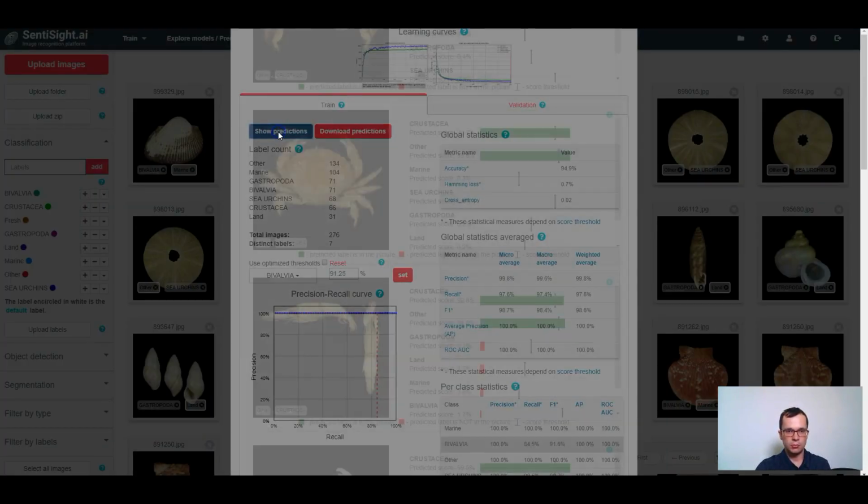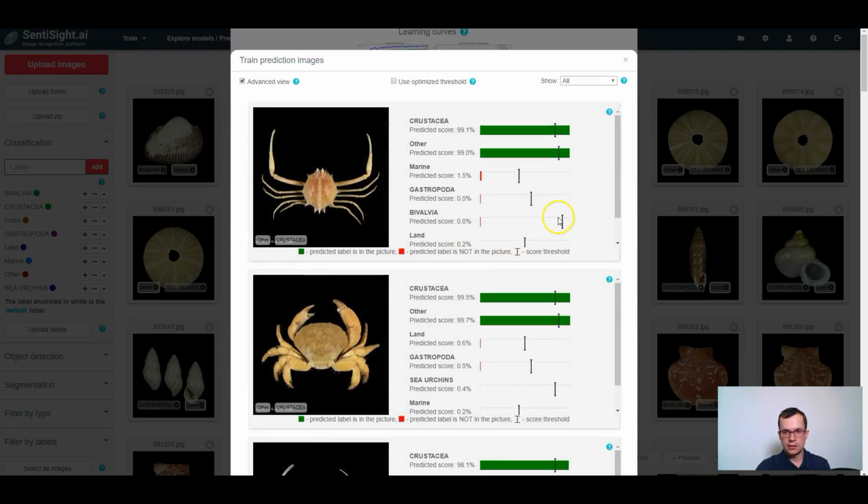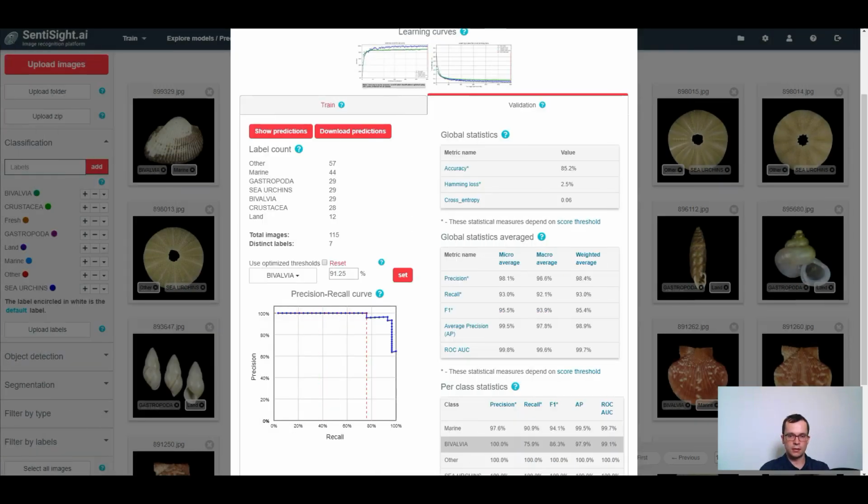Also, if you click Show Predictions button, you can see that the vertical black line corresponds to the new score threshold that we have just set. When choosing the score thresholds, you want to have as high precision and as high recall as possible. So you would like to choose points that are as close as possible to the upper right corner. So good candidates include this point, this,